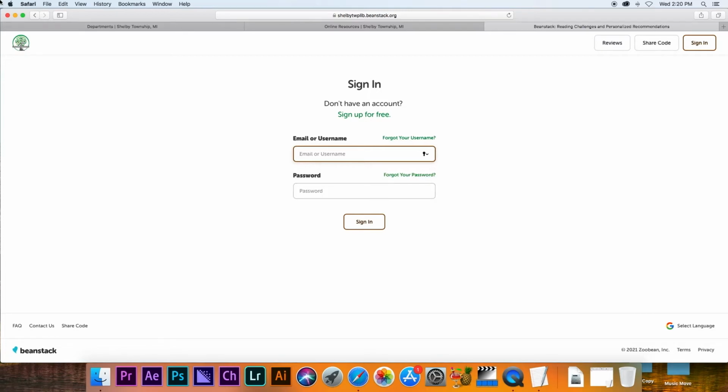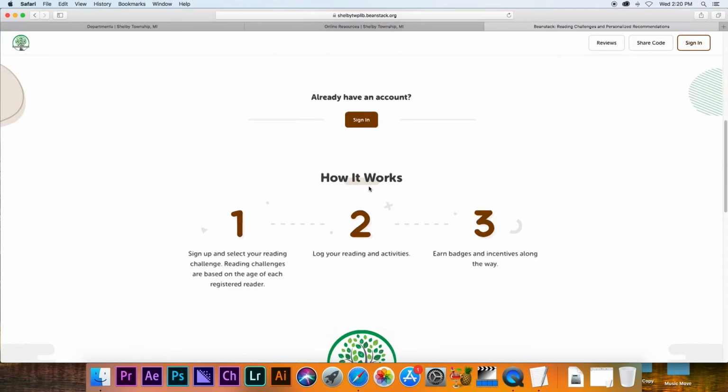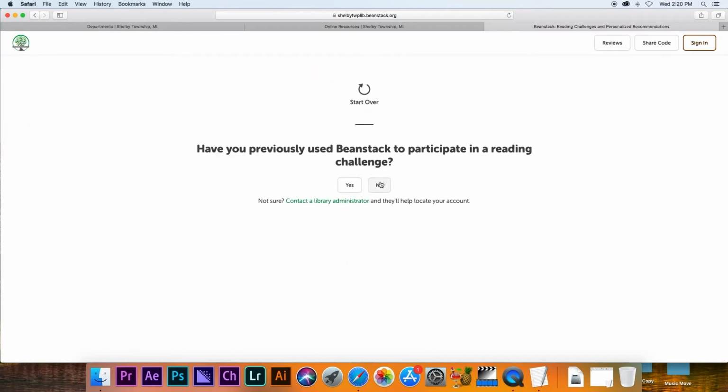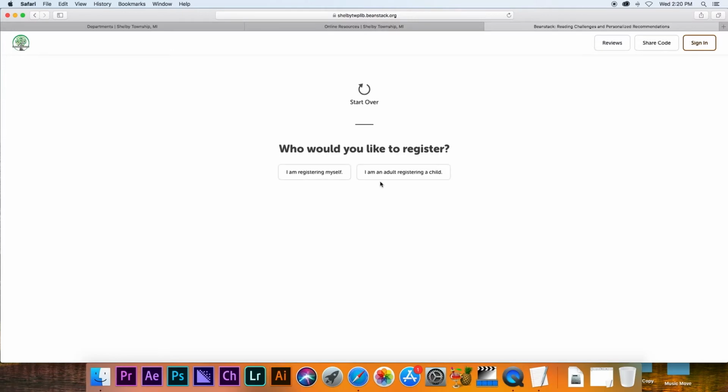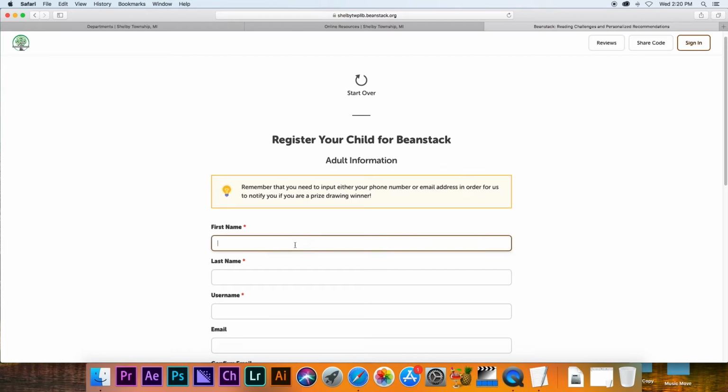If you need to create a new account, we can go back to the tree up here, taking us to the home screen, and we can register and say we've never had an account before. And we'll ask, who would you like to register? Yourself? Or are you just registering your nephew, son, daughter? Whoever it might be, we can click on I am an adult registering a child. And it will ask for your information,